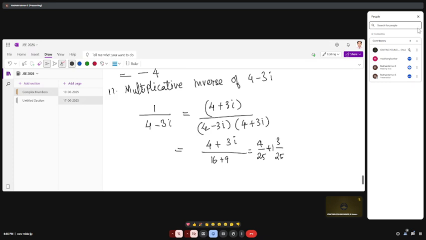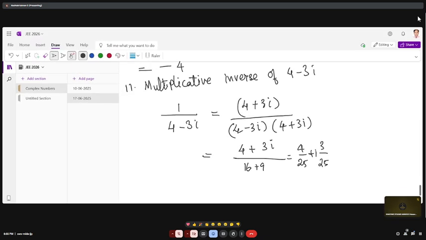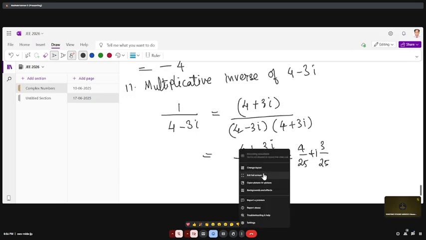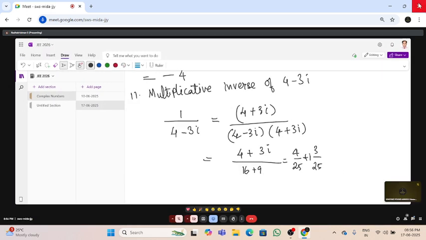Okay. Fine. We'll talk about the polar and Euler forms in the next class. So I hope we have revised the basics of complex numbers, the conjugate, the modulus,